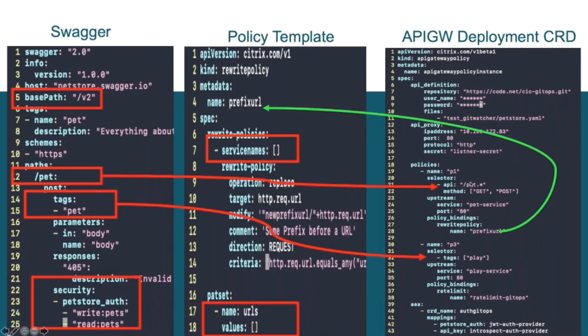And so we have seen, like, we can have a path pattern and use that to select the API. We also support another way to select the API using the tags. So in the tags, what you see here, you can actually say, like, okay, in the selector, say tag play. Here we are saying if any of this tag matches, then for that API, send it to this service and apply this policy, right? That's one thing.